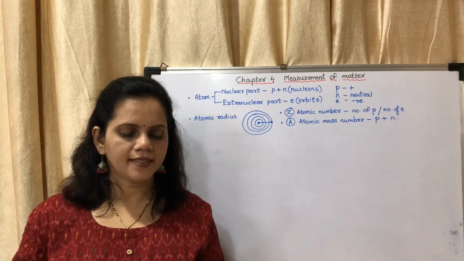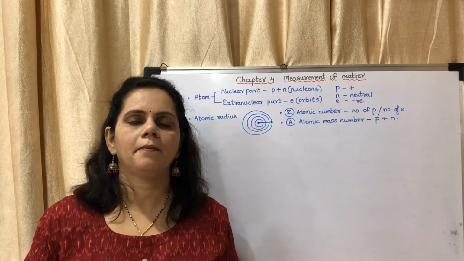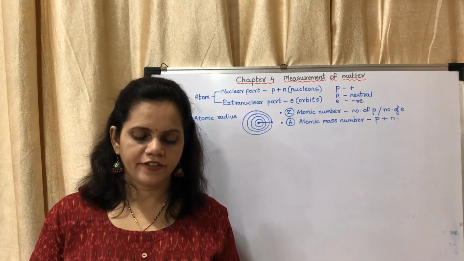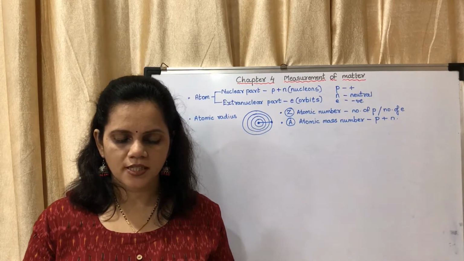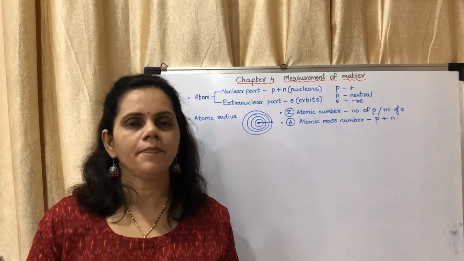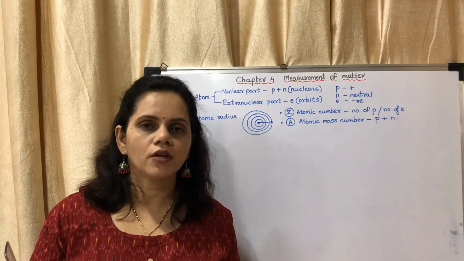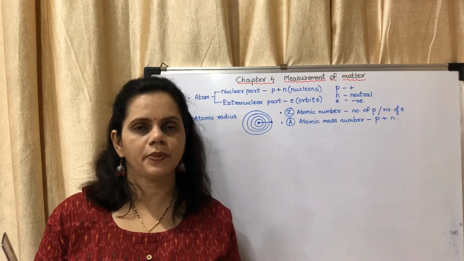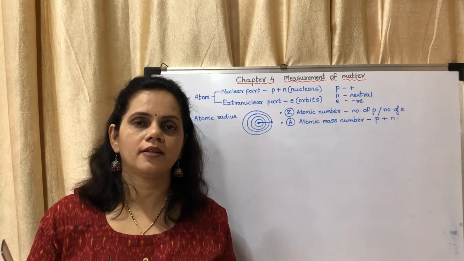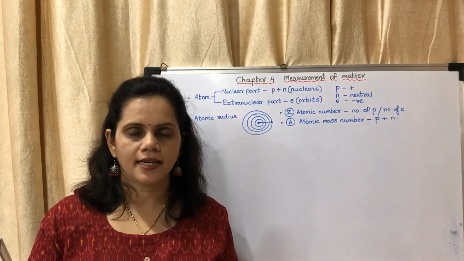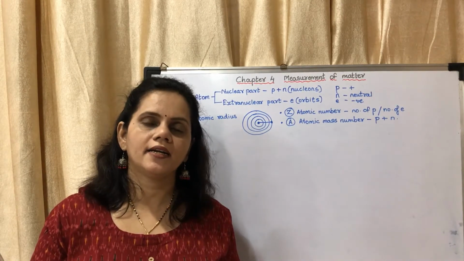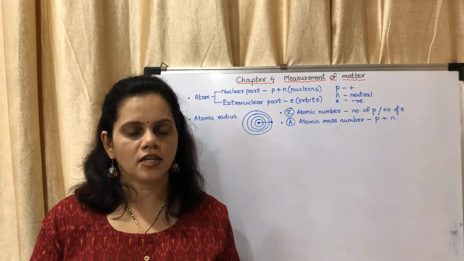Now the next topic is atom, size, mass and valency. There is a 'Can you recall' question. First one: from which experiments was it discovered that atoms have an internal structure? This you had studied last year. From the experiments of Rutherford. Okay, Rutherford's scattering experiment, if you remember. From Rutherford's scattering experiment, it was shown that there is a nucleus at the center. So from those experiments, it was discovered that atoms have an internal structure.